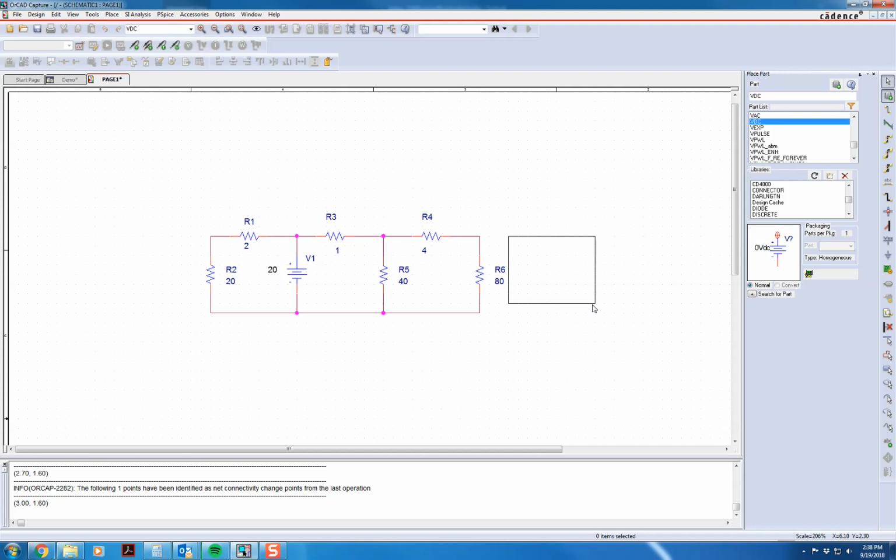Well, first off, this dependent current source, if you look at your diagram, is controlled by a voltage. And the voltage it's controlled by is the voltage plus across this 1 ohm resistor. We need a voltage controlled current source. So we're going to go back to analog here, and you can see these little pictures. This is a current controlled current source. Here we go. Voltage on the input, current on the output. So I'm going to put this into my circuit,